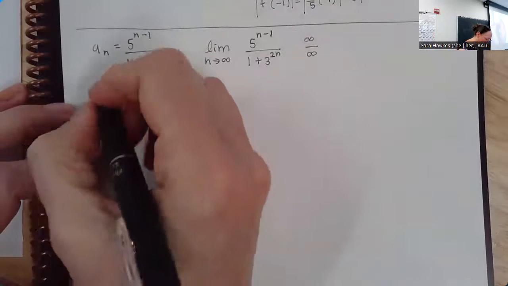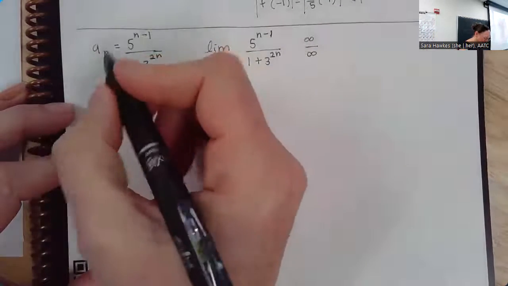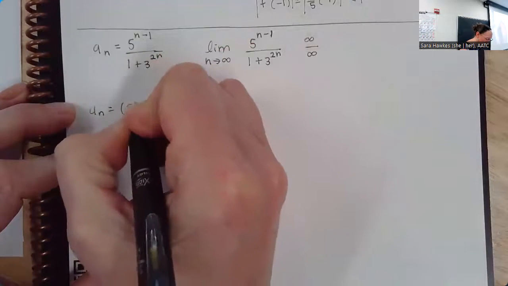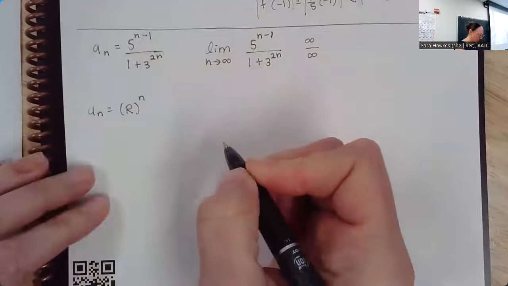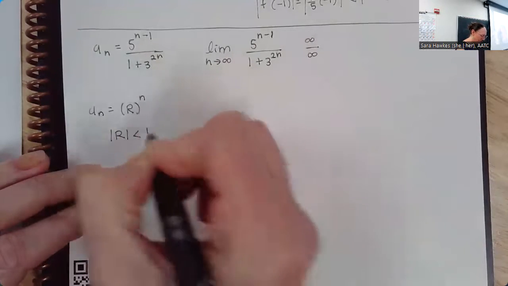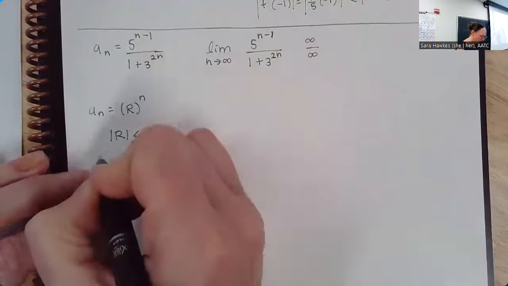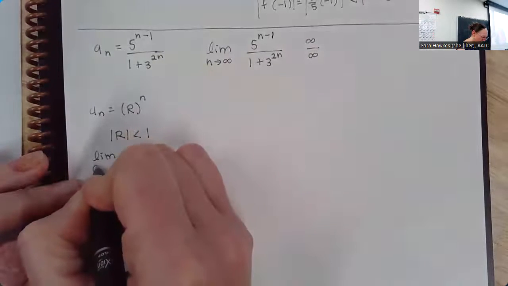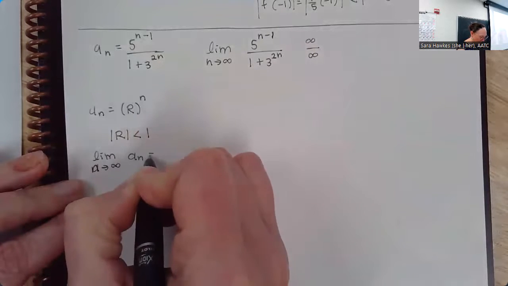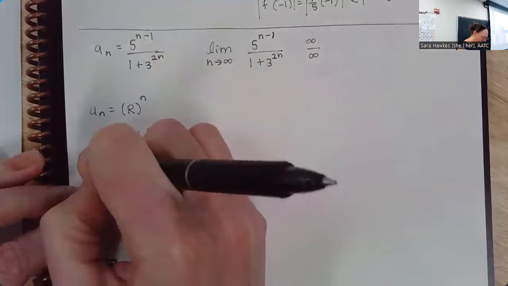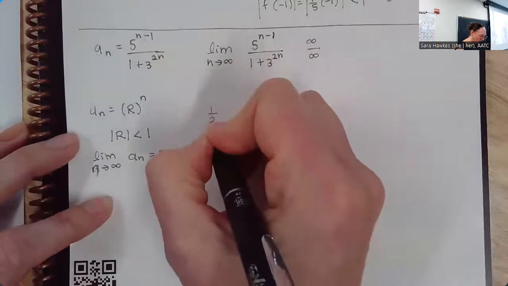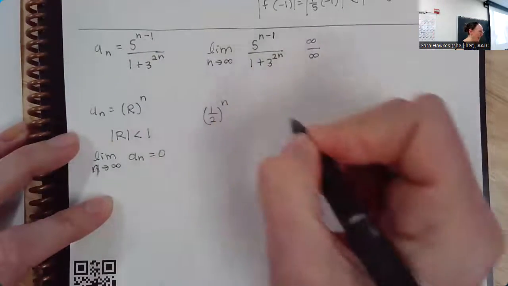If my a sub n looks like some number raised to the n, if that number is less than 1, then the limit as n approaches infinity of a sub n is equal to 0. That was a fancy way of saying, if I have something that looks like 1/2 to the n,